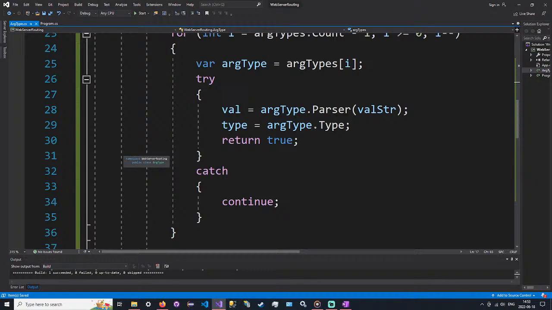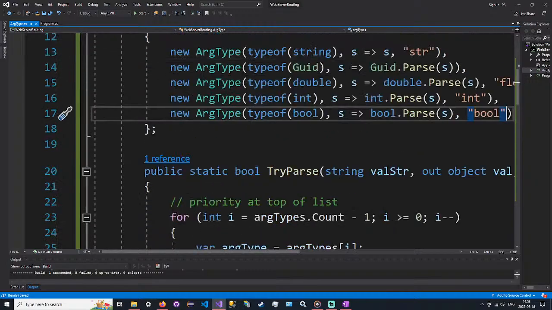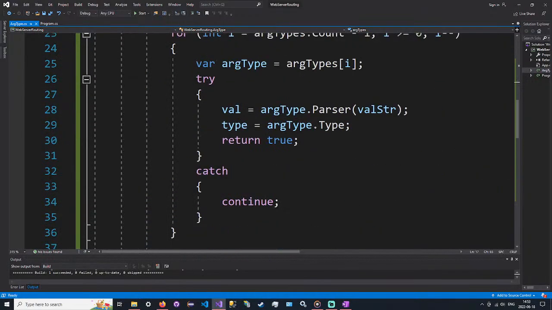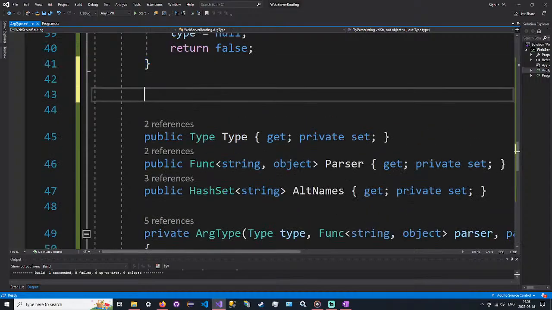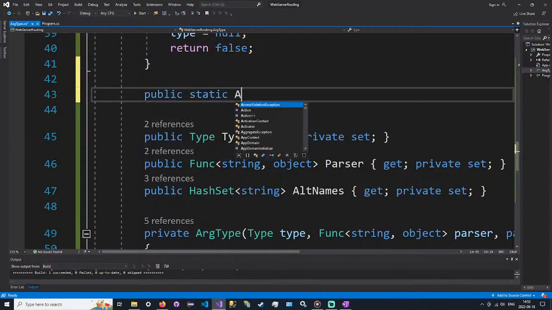All right, let's also have a couple of functions to get specific argument types. So we have a TryParse function, which just parses a string. And then we also want to be able to get an argument type, just in case we want to see if something does exist, or get an argument type if it does exist. So we'll want to pass in a type object or a string argument. So public static ArgType GetArgType